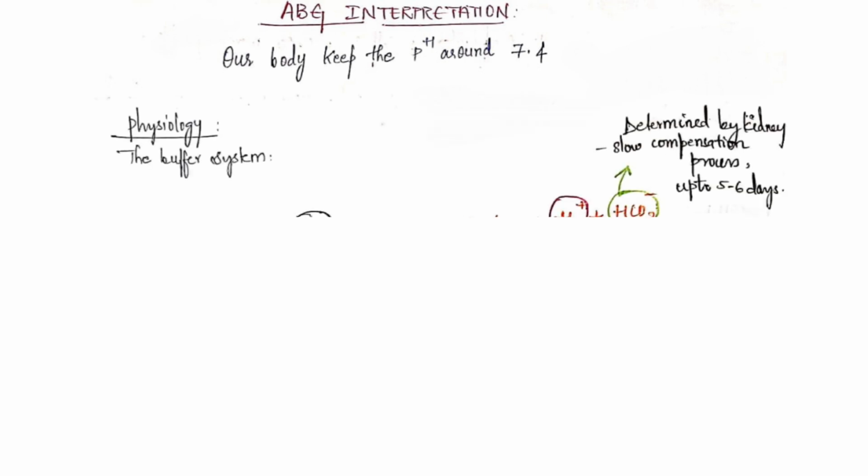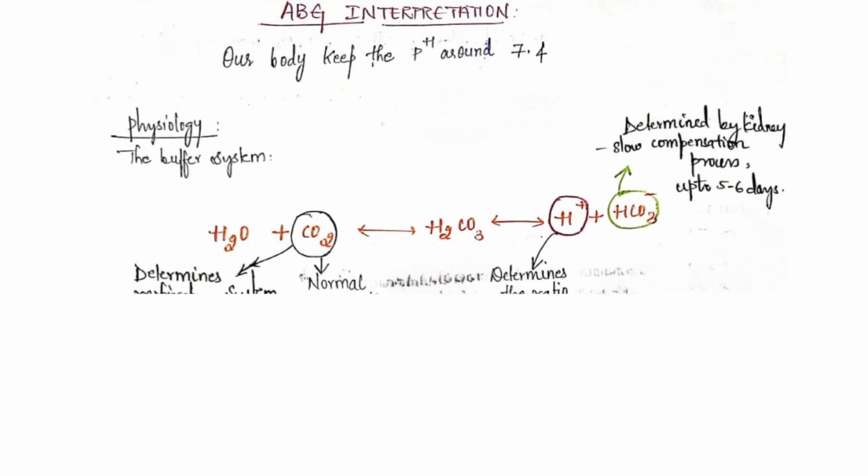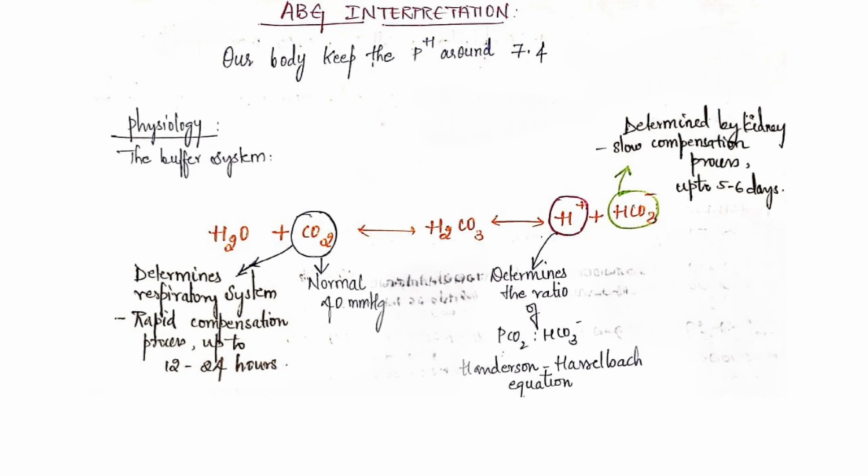Cheat sheet for ABG interpretation. Our body keeps the pH around 7.4 using the buffer system. Equation: water plus carbon dioxide gives carbonic acid, which can again be dissociated into H+